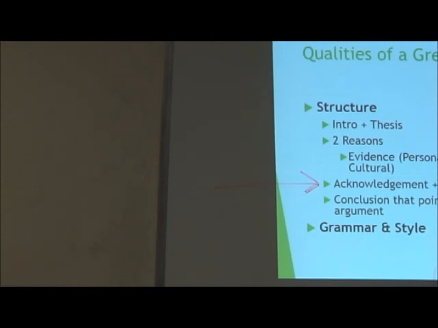And then the conclusion, a lot of the time people just restate their thesis, but a good conclusion asks the next question, like, so what? So why is it important? Why is it important to address this injustice, if you remember the first prompt that we did? Or why is it important to acknowledge the benefit of losses? You want to think why at the very end of your essay, because that's going to make it a little bit more sophisticated and not just like, okay, you just copied your thesis again at the end.